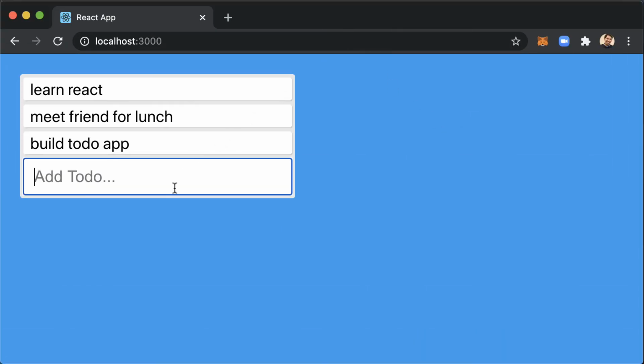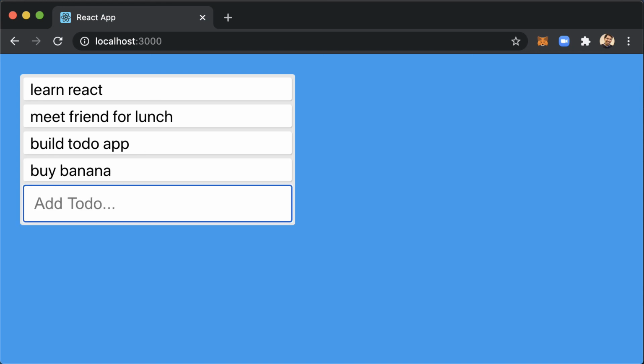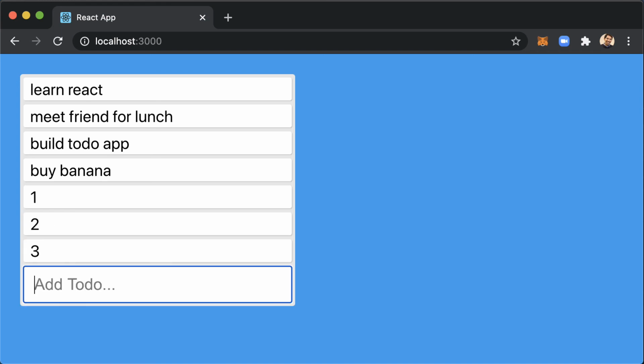Yes, and now if we go back to the form, now we have an add to do. Let me say here, buy banana. Yes, it's working. So you can see there that we could add to the state. And we have now a reactive application with a few components that can keep state and that we can update